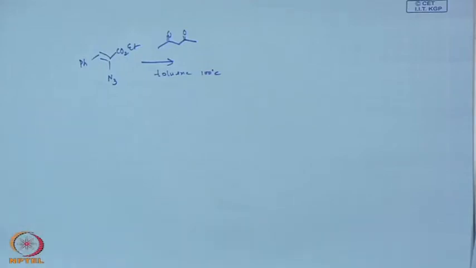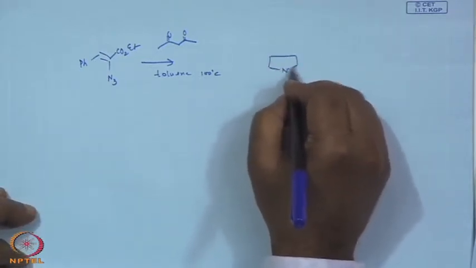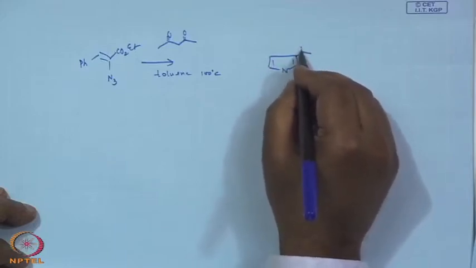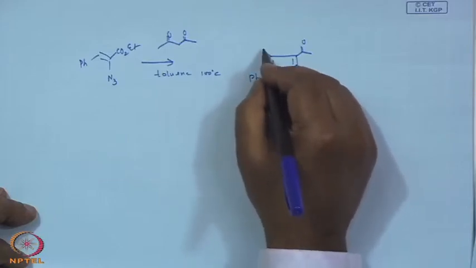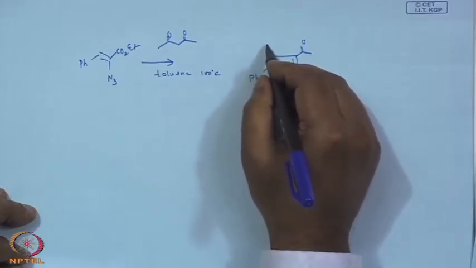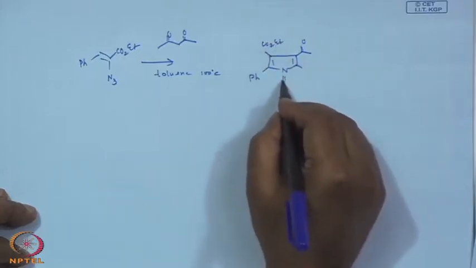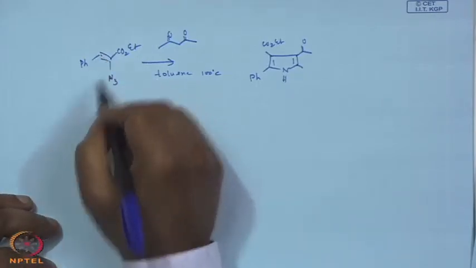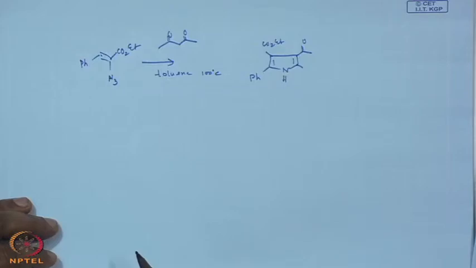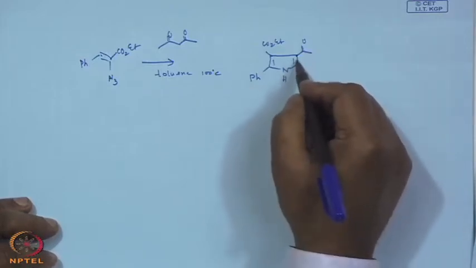You get a 100% yield of a product, and that is a pyrrole. What is it? No catalyst now. The product is this, with phenyl, and in this case you have an ester group here. So, what do you see? Carbon nitrogen, that means the vinyl azide gives the carbon nitrogen, then this beta ketone gives only 2 carbons for the pyrrole,